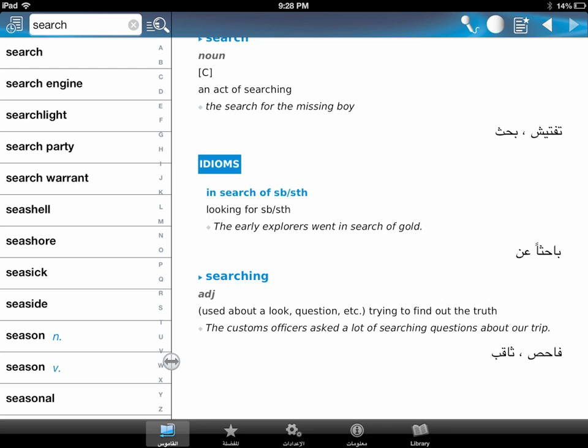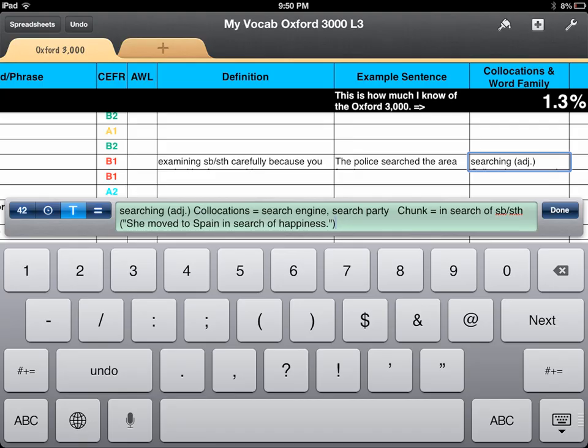There's also an adjective: searching. The customs officers asked a lot of searching questions about your trip. They're trying to find out the truth. So this is information that we can add. So let's go back. So we're adding searching as an adjective, and we add some collocations: search engine,